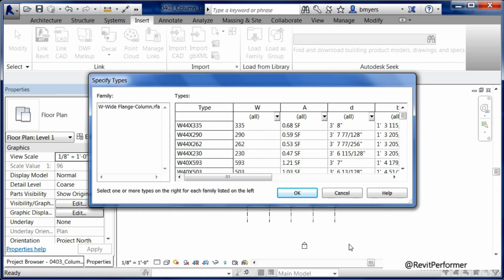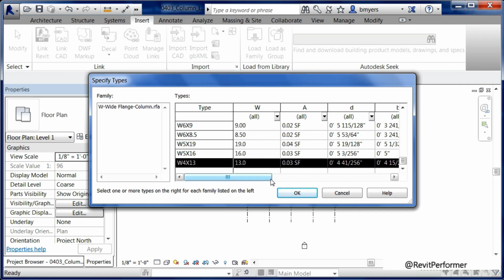Now, unlike that architectural column, once you load that family in, it will load all the sizes in as well if you don't have the defaults changed from what they are. By default, with structural columns, you'll get a list of all the different sizes that are available. So instead of loading all those sizes in at once, the structural columns will allow you to choose which sizes you want to load off of the list. And you can see that you have basically the entire structural steel catalog and its sizes loaded here into the project.